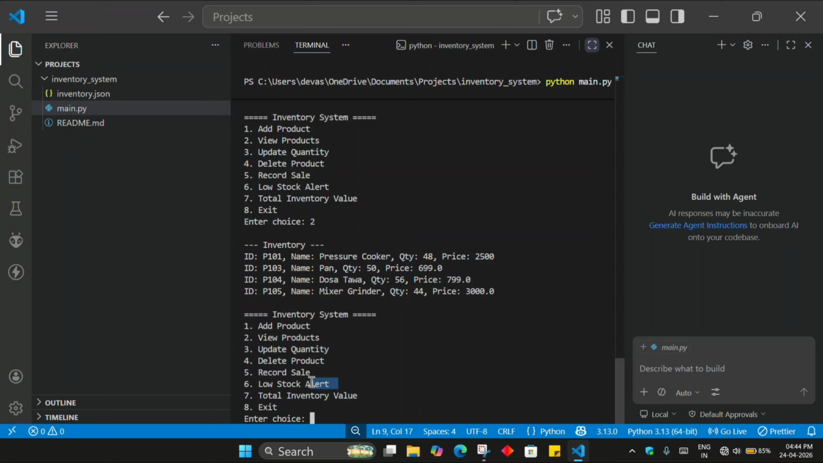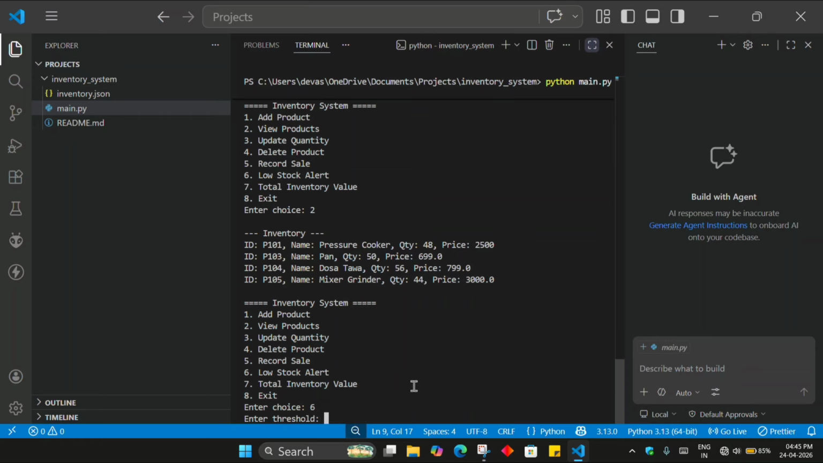Okay, now what is this low stock alert? The sixth option, low stock alert, asks us to enter a quantity, so that if any product in our inventory goes to this low quantity, it will show us a low stock alert. For example, I type 6, enter. It is asking to enter the threshold. Here, the threshold means if my product quantity goes near it or below it, then it will show us